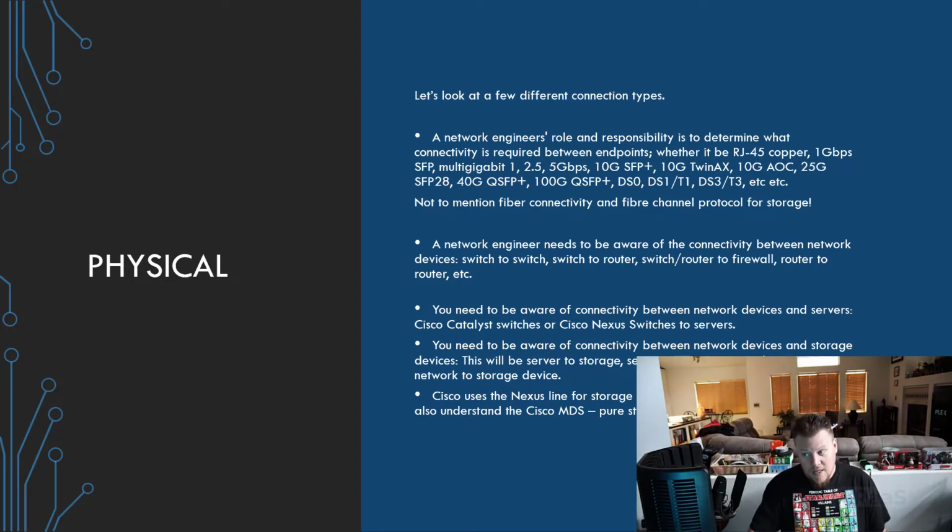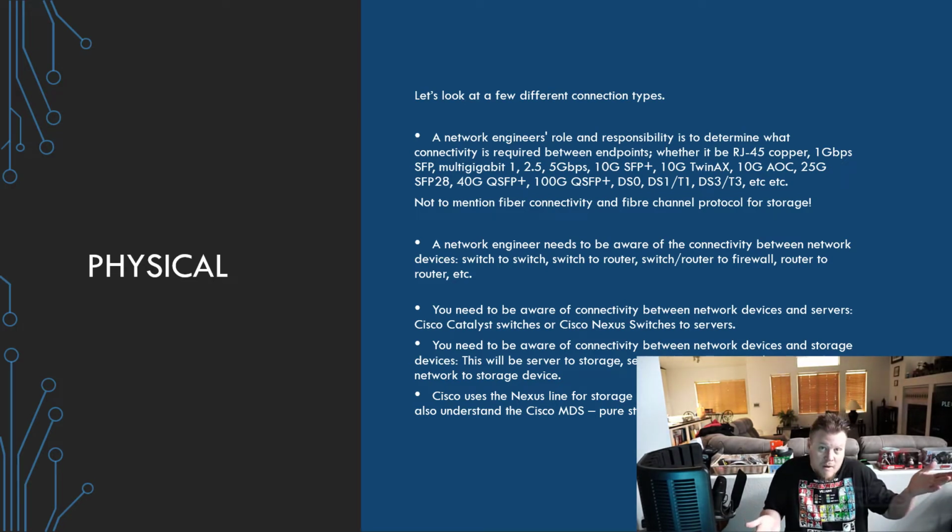A DS1 is basically a bundling of, I believe, 24 DS0s, with one being a signal channel. A T1 and a DS1 are kind of used interchangeably. There's also an E1, which is the European standard for a T1. Slightly different, slightly faster. To be honest, I don't know why we don't use E1s, but we have to be different, right? And then, of course, we have the DS3 or T3 lines that allow for about 45 megabits per second and consists of 28 DS1s.